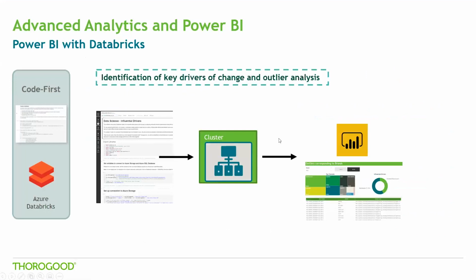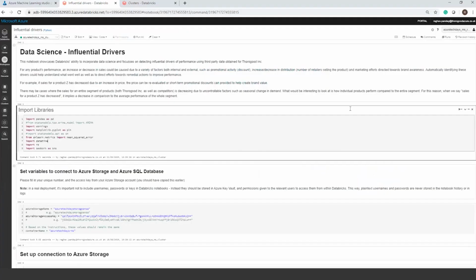So when you're looking to do this sort of analysis, you're essentially going to use something like a Databricks notebook to host your logic, where you're going to be running your logic as well. And the output of that can be stored on your Databricks cluster. Power BI can then in turn connect to that cluster, bring in that data, and then show you these numbers and visualizations alongside your embedded analytics as well. To have a quick view of that, let me actually go to Databricks.